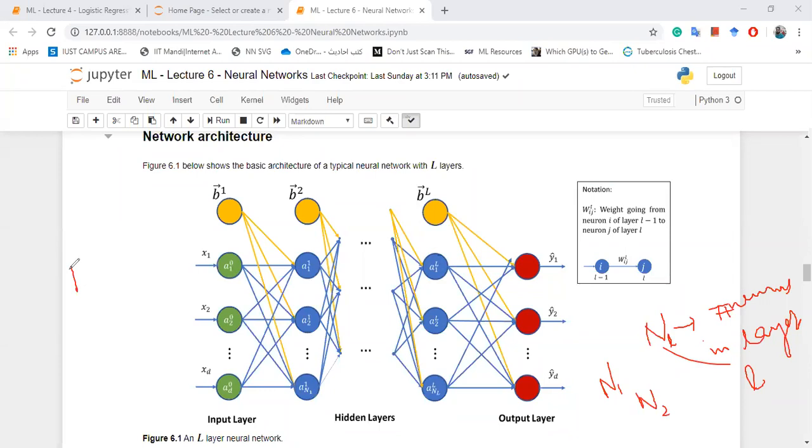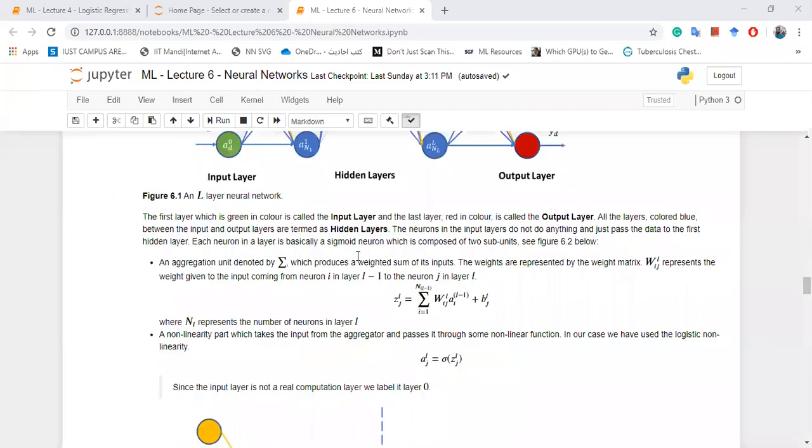The only special consideration is that in the last layer L, n_L will be equal to K, the number of classes in case of classification. In case of regression, maybe it will be 1, or in case of multiple regression or multitask regression, that means if we have to predict different values rather than only one value, then this will again be equal to K. I hope you are comfortable now with the notation. Now we will move forward to an example.